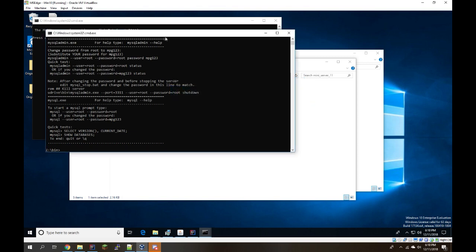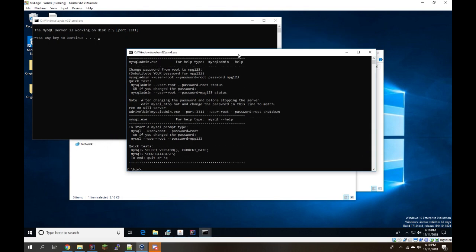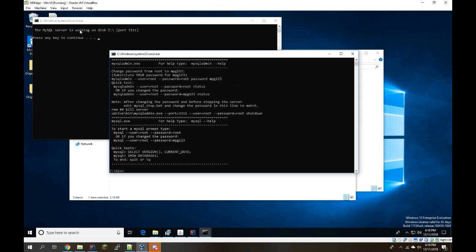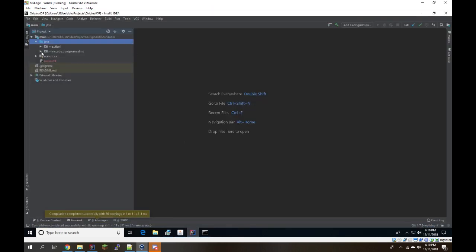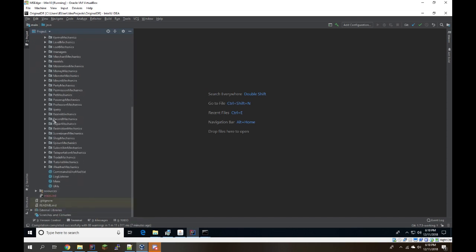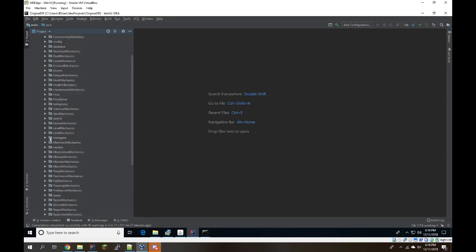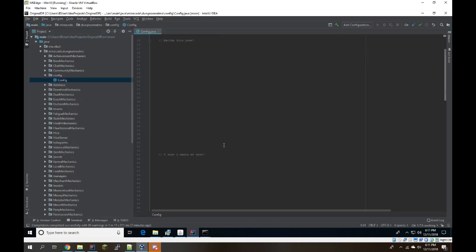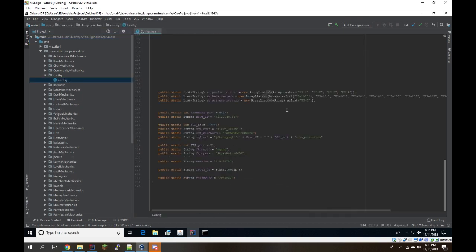So, as you can see up here, it says that it's starting on disk Z. You can ignore that. On port 3311. This number should be put into the code. So if you open up the Minecade folder in the code, you're going to want to go all the way to config, open this, and you're going to want to set,